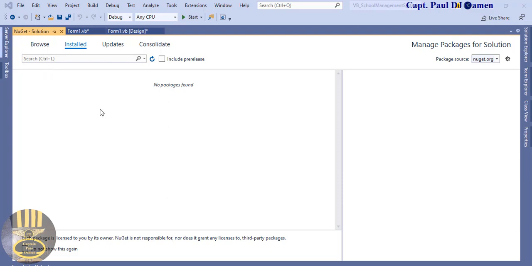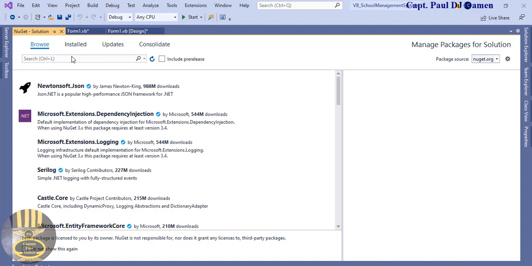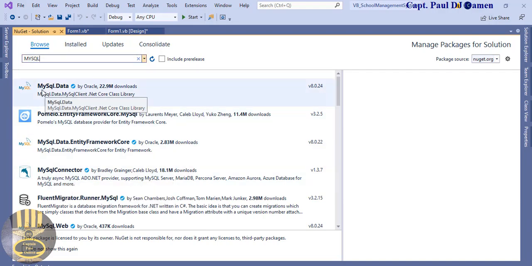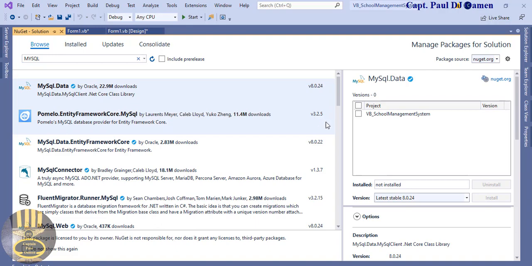this dialog pops up. Right inside this dialog, you want to click on Browse. Inside Browse, we're just going to type in, see right here where we have the search, type in MySQL in there and press enter. There we go. There's one here, there's another one here, but this one seems like the most well used one, so I'm going to click on that. It's got 22 million plus on it, so click on that very one,